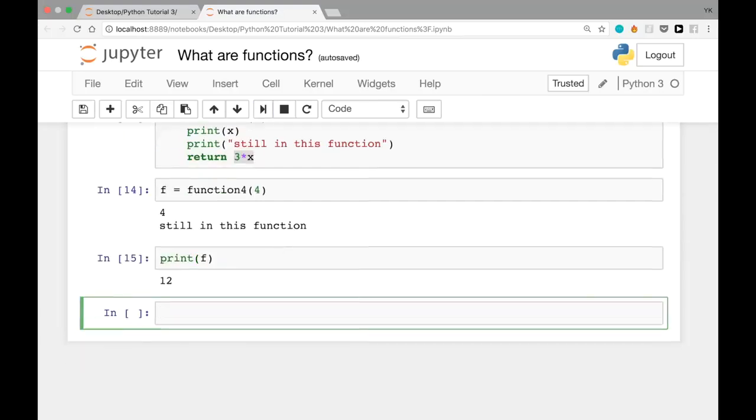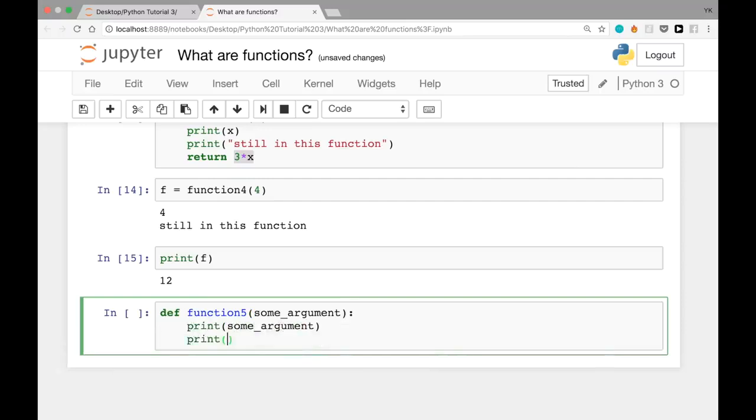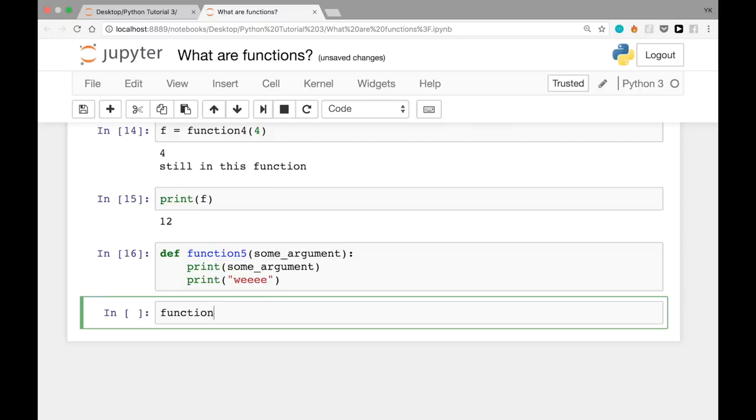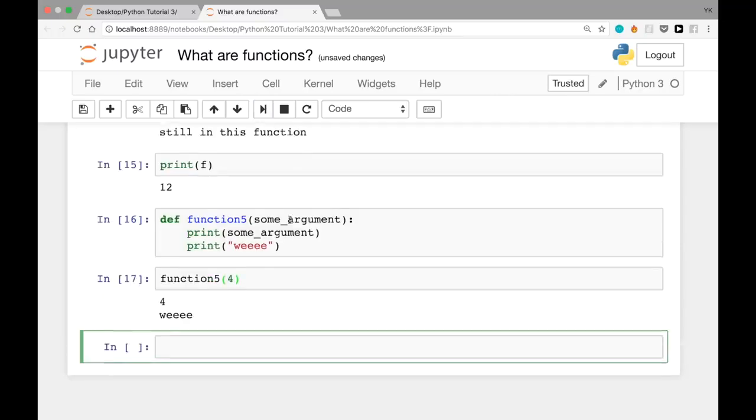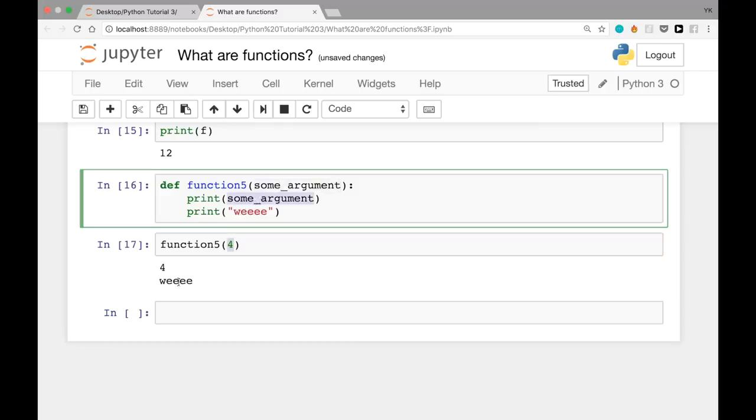Okay, let's see another example of a function. Def function5(sum_argument): with 4 spaces, print(sum_argument), and then print("we") in double quotes. Let's run this cell to load the function, and of course you can call this function with function5(4). Let's run this cell, and then we see that 4 is printed